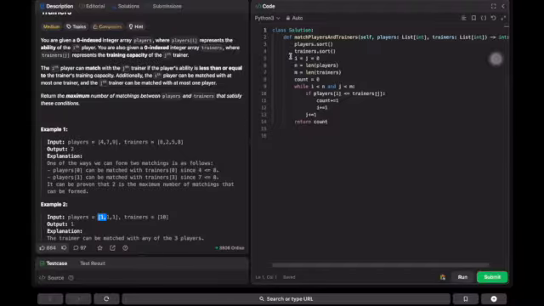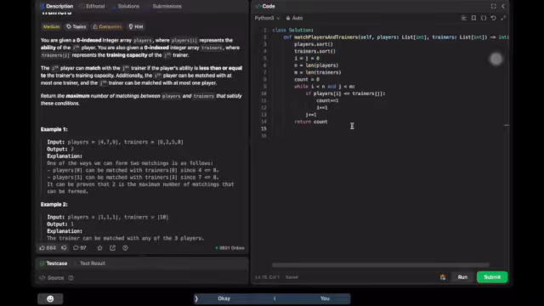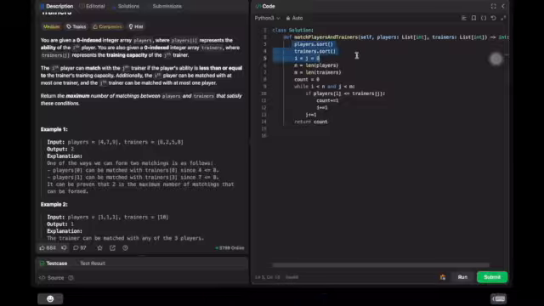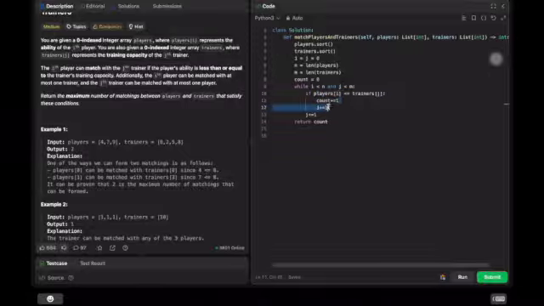So the same, I have just done. I didn't do the brute force approach. Maybe if you guys want, you can try it out, but I'll also provide you the brute force as well. Players dot sort, trainers dot sort, and we are just taking the count and we are just checking whether players of i is less than or equal to trainers of j. You can just take it in the count, just increment the i.